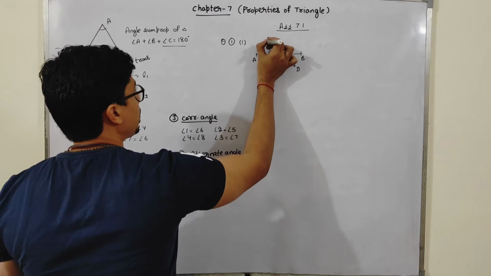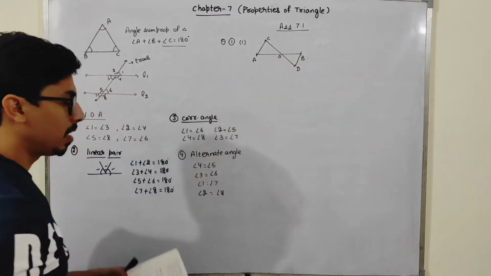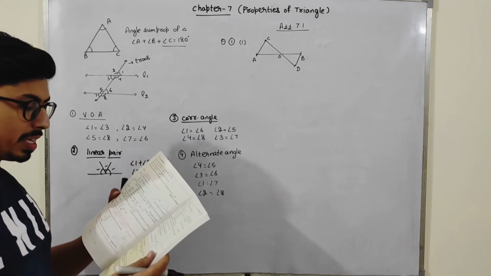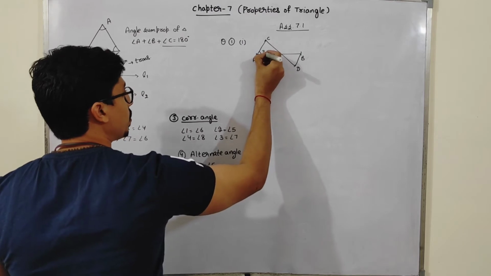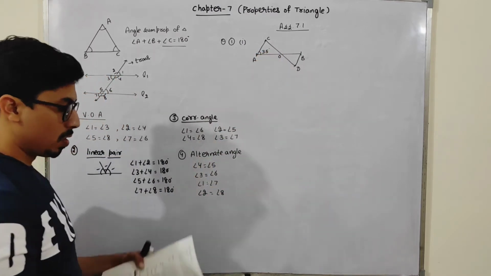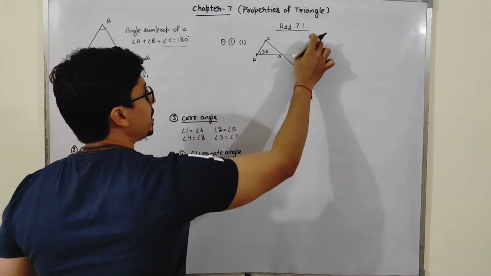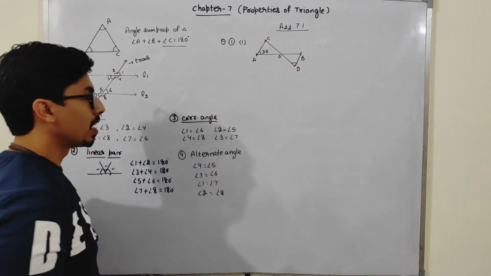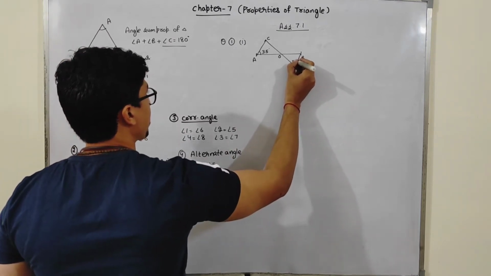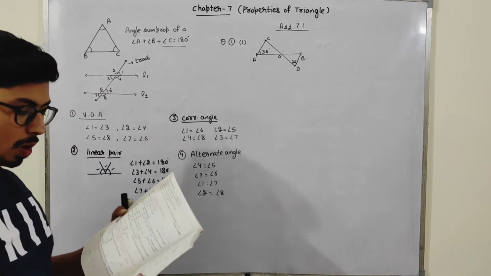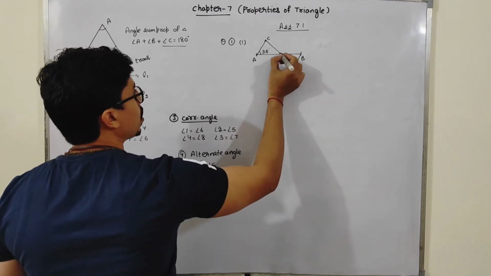See, this line AC is parallel to DB. Both these lines are parallel. If angle CAB is 35 degrees, this is 35 degrees now. It is given to us. Angle CDB, this angle is given to us, that is 55 degrees. Now what we have to do is find angle BOD. I have to find out this angle BOD.